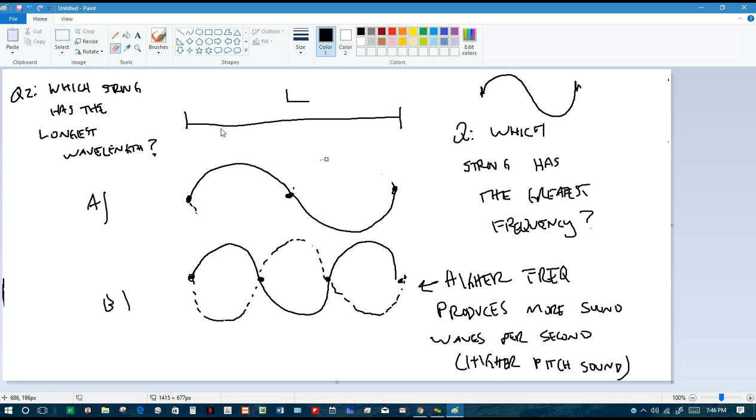And so, for example, the wavelength of this one right here is equal to L, because it's one full wave fitting into a distance of L. You notice how that one full wave is equal to the length L that goes from here to here? So the length of the wave is L. Wavelength is equal to L. But when you go back down to this picture, if I erase this other piece to make it easier to see,